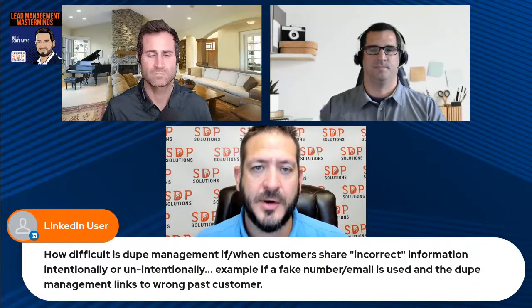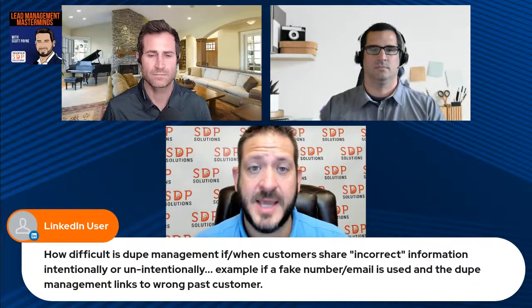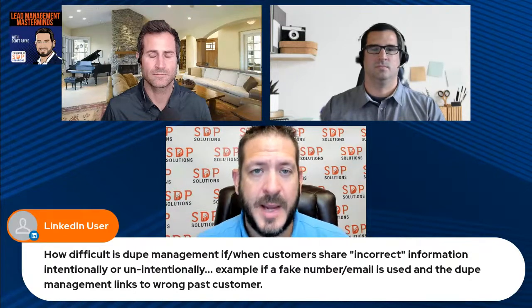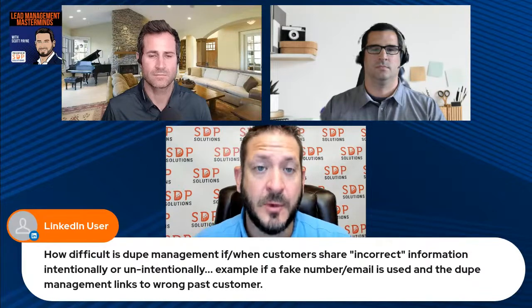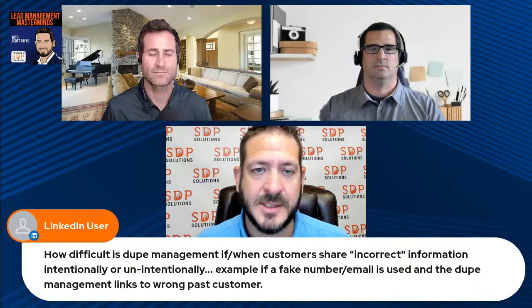Right. And what we had to figure out for this client was that we were trying to just match certain fields, last name and email address. And in this case, we weren't catching it. So we had to add a little bit. We had to go a little further down the funnel into the POS before we actually took the lead in. For example, we had to say, okay, what is the state and what is the phone number and what is the email? We had to match it all on that.